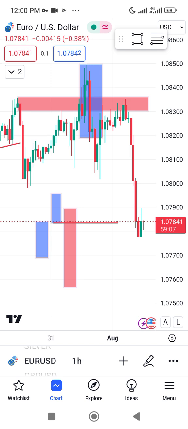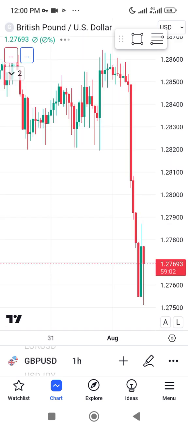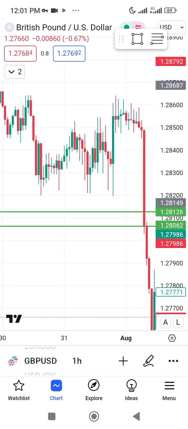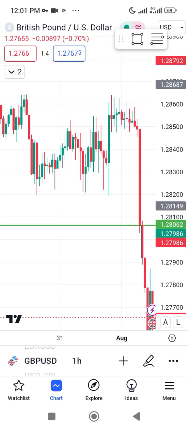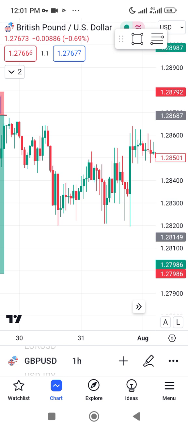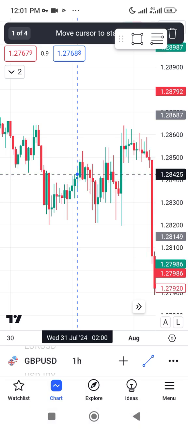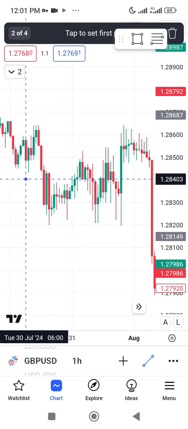So let's go to GU. I think I saw something also in GU. GU played around yesterday, but it still gave us a very good setup. Very good setup. So you can see this also meets our requirements for an algorithm candle,